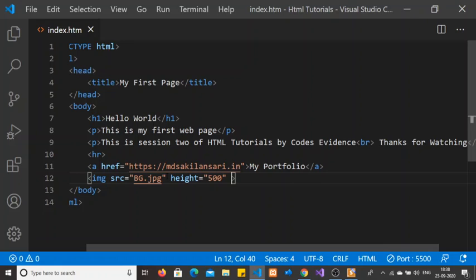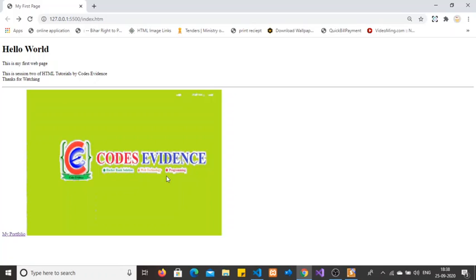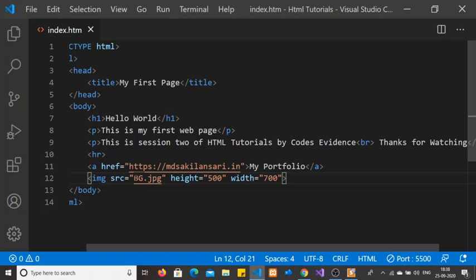Let's have a look at the browser. Yeah, you may see here I can control the height and width of the image using the height and width attributes. Let's suppose I am giving the image name as bg.jpg. It's possible that it is not available or this file is missing, then what should it show? I am giving the wrong file name, then yeah, you may see here height and width is showing, but it is not showing the content,